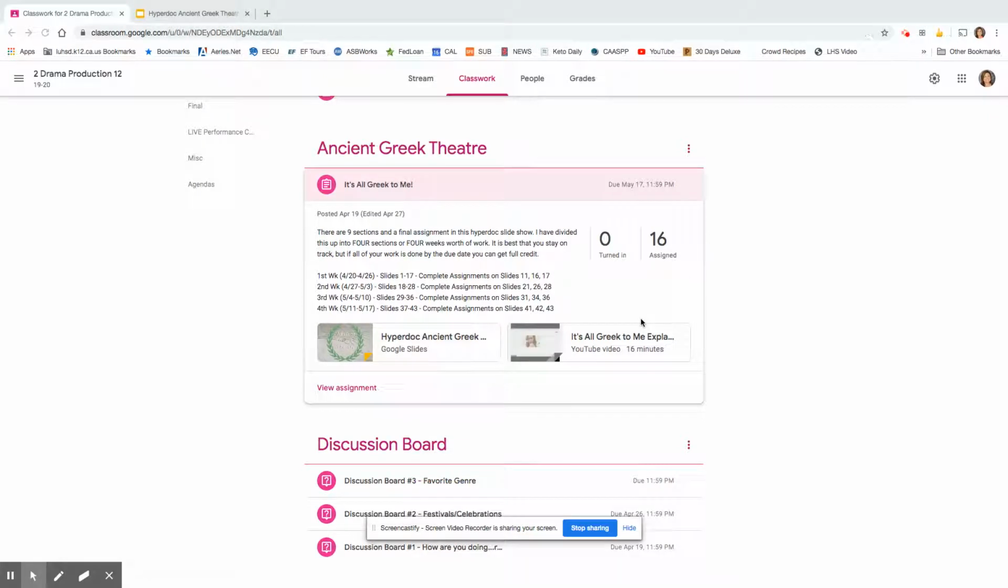Hello, everybody. I just wanted to give you some explanation before questions arise about how to do your ancient Greek theater, It's All Greek to Me assignment. We should now be getting into the third week. If you have been staying up to par,